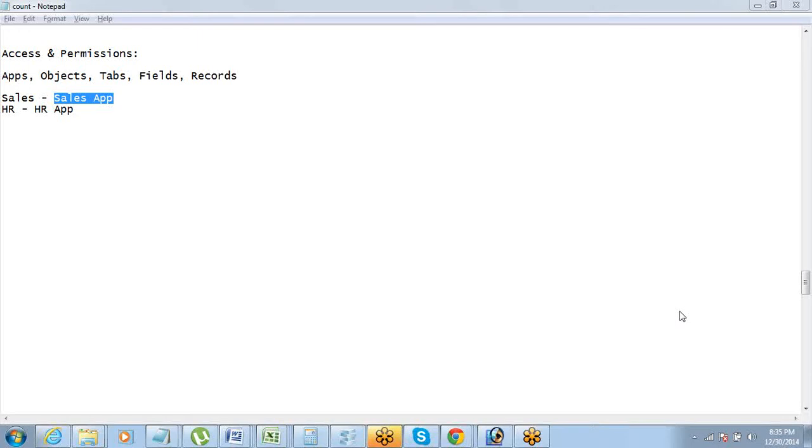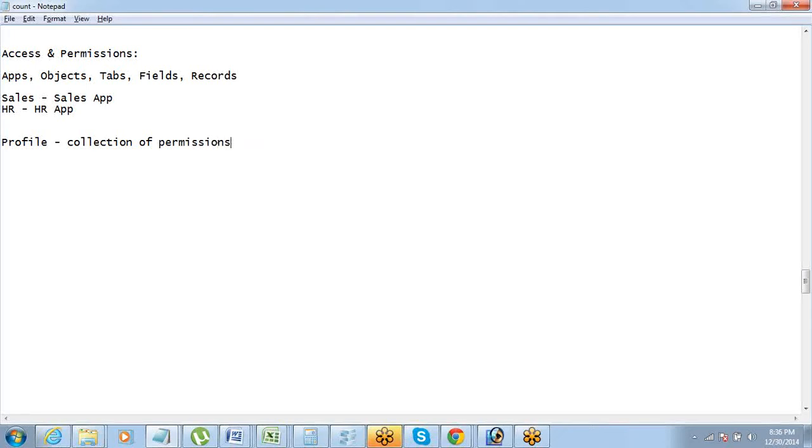Now that is what we are going to talk about in today's session, how this access and permissions are controlled in Salesforce. There is a very basic concept which is used, which is a profile. What is a profile? A profile is a collection of permissions.